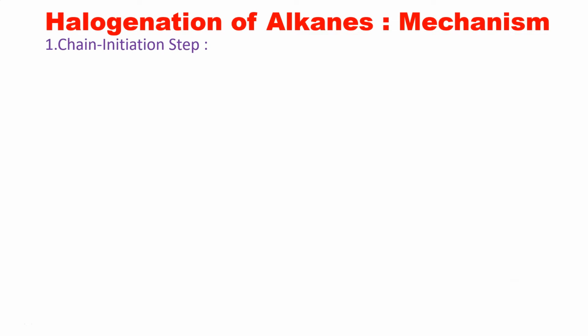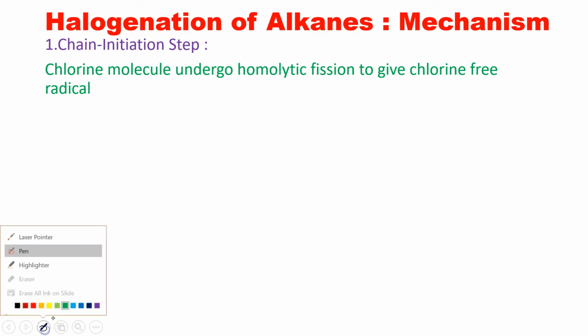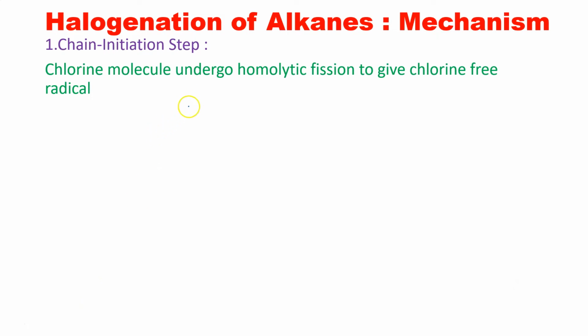First step is the chain initiation step. The chlorine molecule undergoes homolytic fission to give free radicals. Always remember that when it comes to homolytic cleavage, the bonds are formed by sharing of electrons. This homolytic cleavage is in the presence of UV light, and always remember the fishhook arrow,